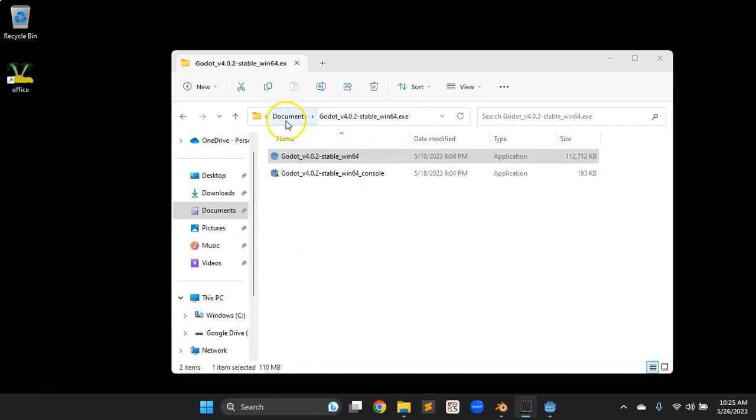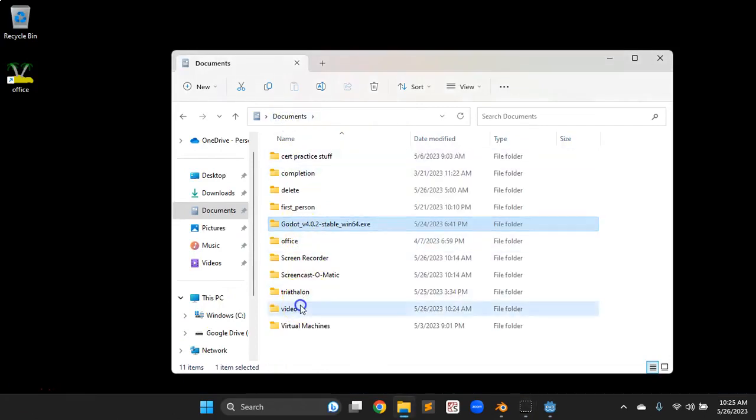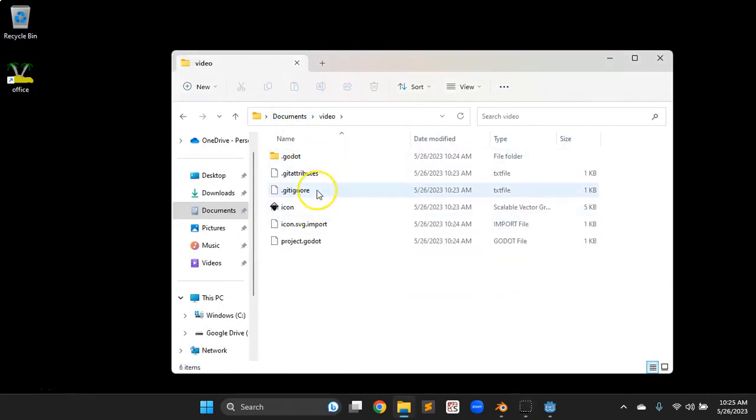So back over here in File Explorer, and here's the video project that was set up. You can see it came up with a couple things, some Godot information, a couple things that will be useful for Git SCM, source control management, which is probably GitHub. I guess there are alternatives. You could use GitLab if you wanted to, but for our source control management, a couple files there. So we need to set up some folders because a little bit of organization goes a long way,